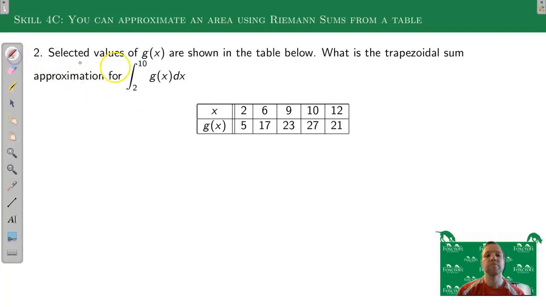Right, next problem, very similar. We're doing from 2 to 10. So again, just like the graphs we were looking at, make sure you're not doing more work than you have to. I'm only doing from 2 to 10, so I don't actually care about this very last part at all. And I'm doing a trapezoidal sum. So I'm going to have